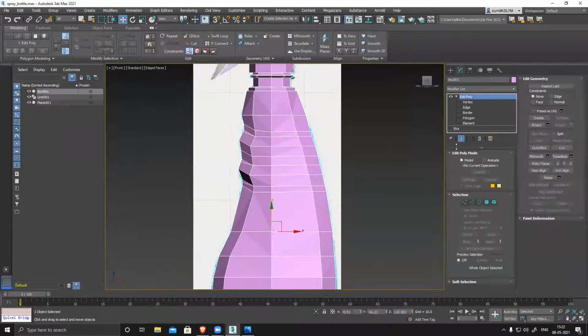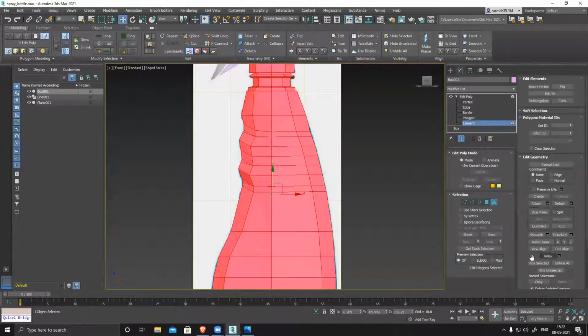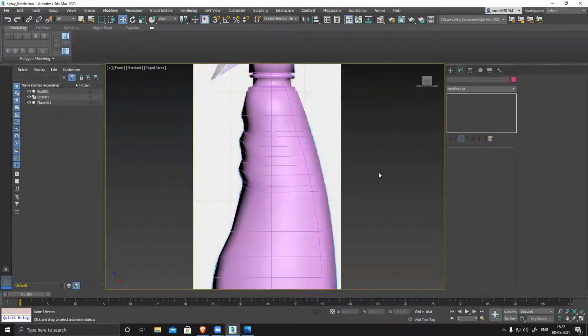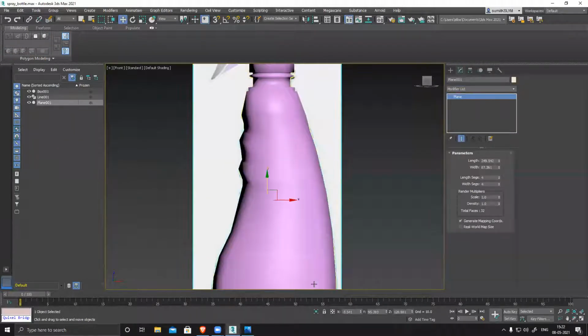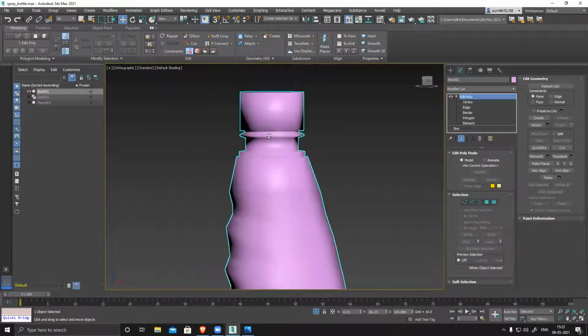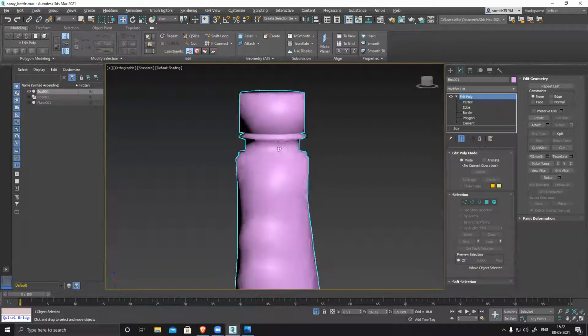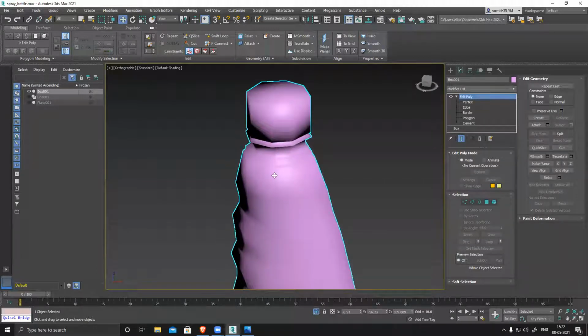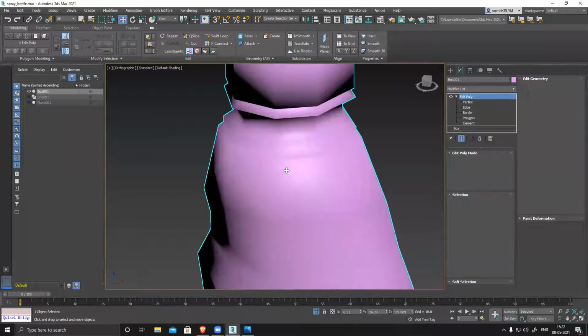If I want to change it, I select the entire bottle, and if I press one smoothing group, the entire model will become really smooth. Okay, I'll just isolate this. Irrespective of the shape, cut, volume, bend, everything is smooth and soft. But if I want to separate the cut or volume,